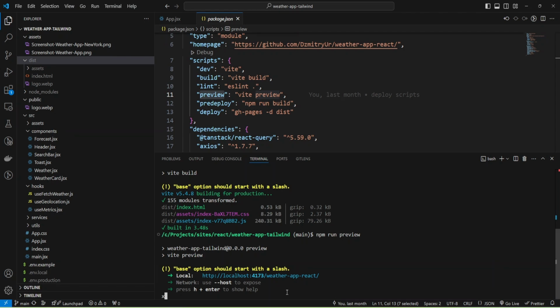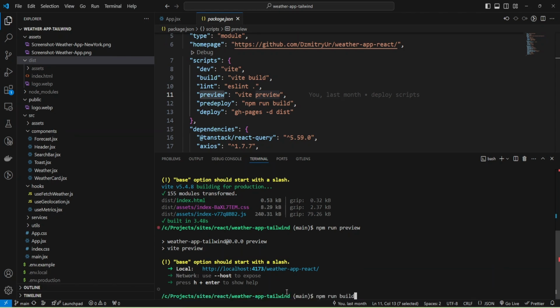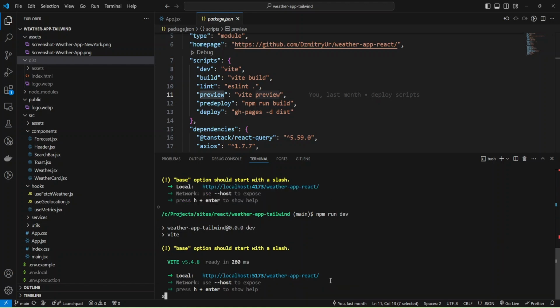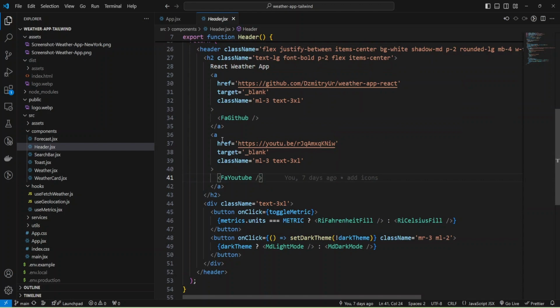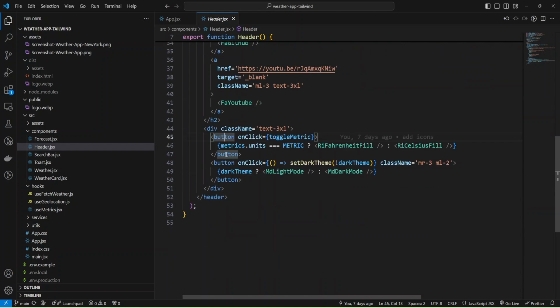Now I can stop this production build, and I'll use my dev server, and will not analyze performance because I saw it in the production build. Now I'm going to open the header component and I can just hide this panel, and I have a button.